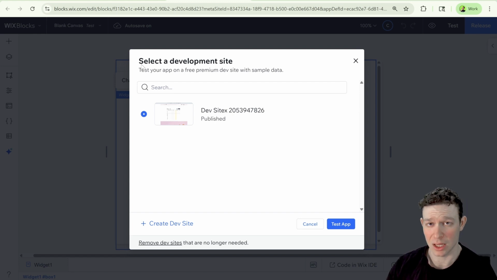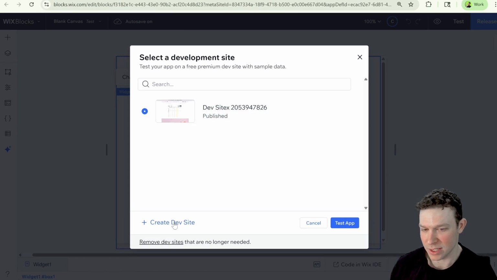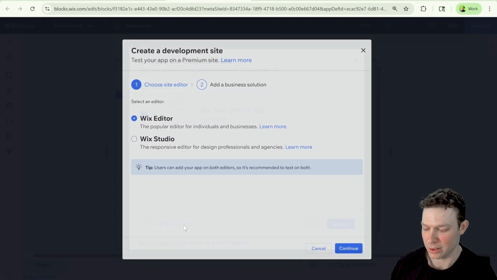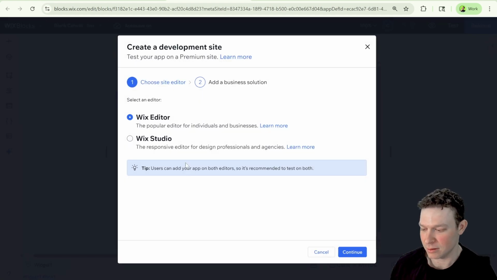So select a development site. You can see here I have one dev site that's already here. That's the dev site that I had showed you before inside of my workspace. And we have this option right over here to create a dev site. So if I just go over here and click create dev site, then I see here that actually I